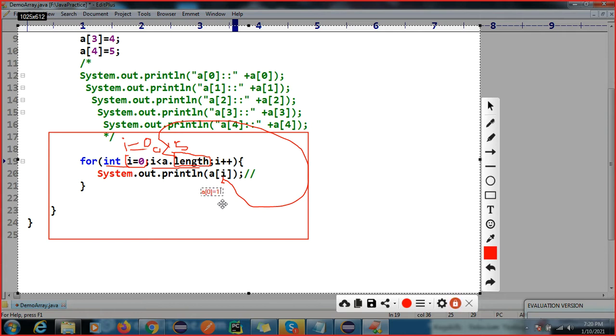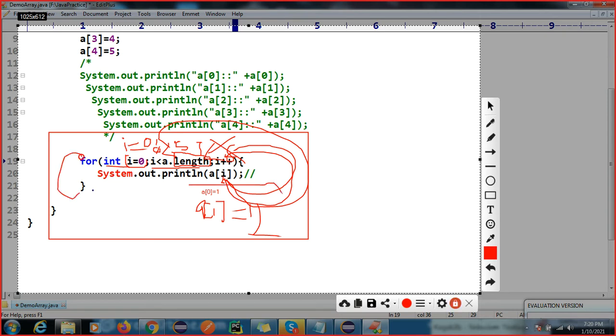What is the value of a of 0? 1. In the second iteration, i plus plus increments i, so i becomes 1. Again the condition is true, and a of 1 is 2. It keeps iterating until the condition fails, when the value becomes 5. Then control comes out of the loop. Got it, right? This is how the for loop works.